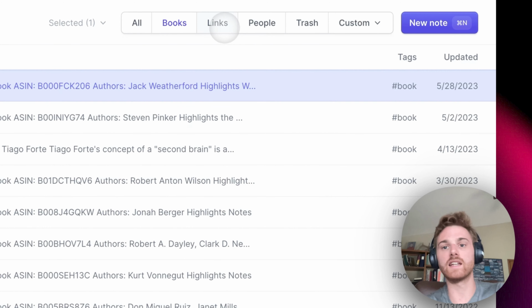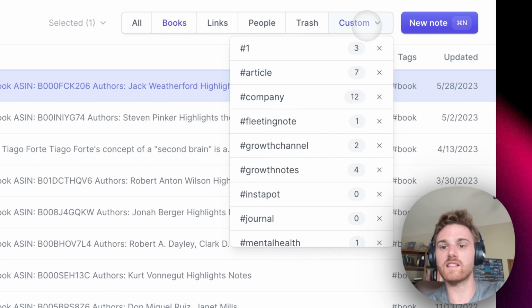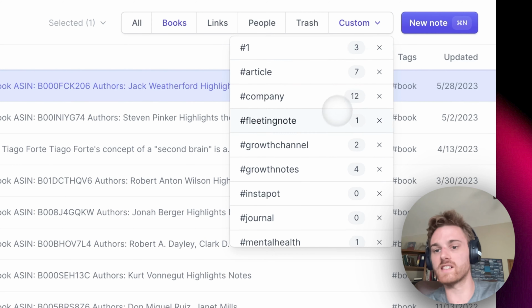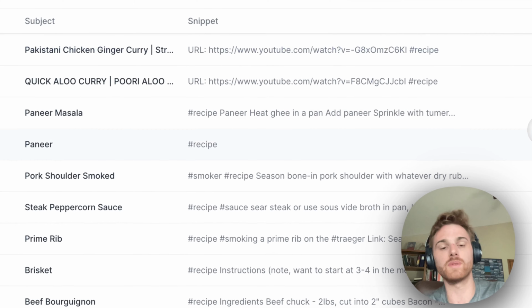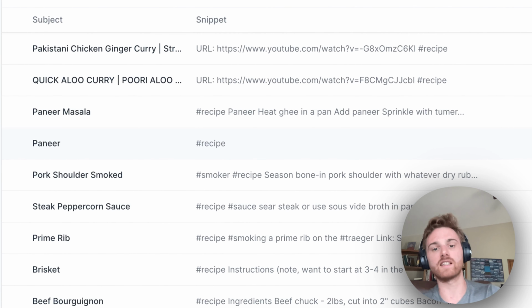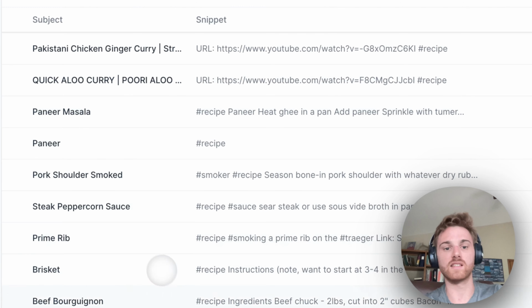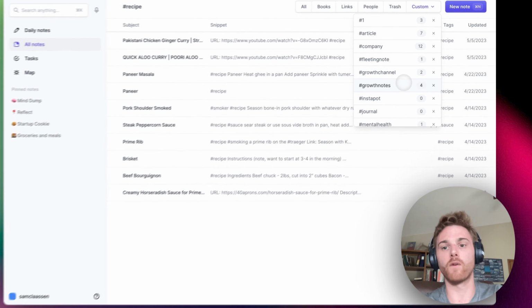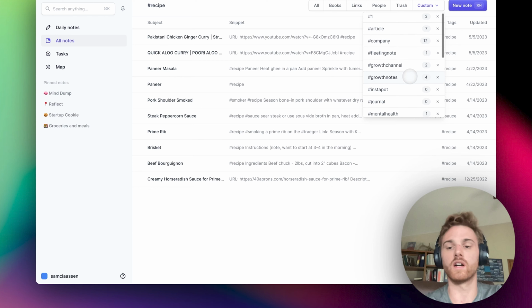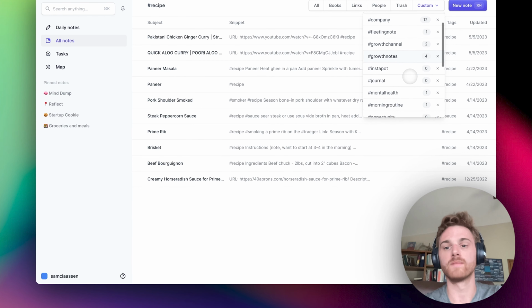There's also one for links saved from the internet, people like a personal CRM. And then I've got these custom ones. So my favorite example that I always like to use is recipes. And I like this example because if I just put a tag recipe under any note that is a recipe, what I end up with here is essentially just a personal cookbook of everything that I've successfully made and that I enjoyed. And you could have stuff for DIY projects, or you could have one for, I